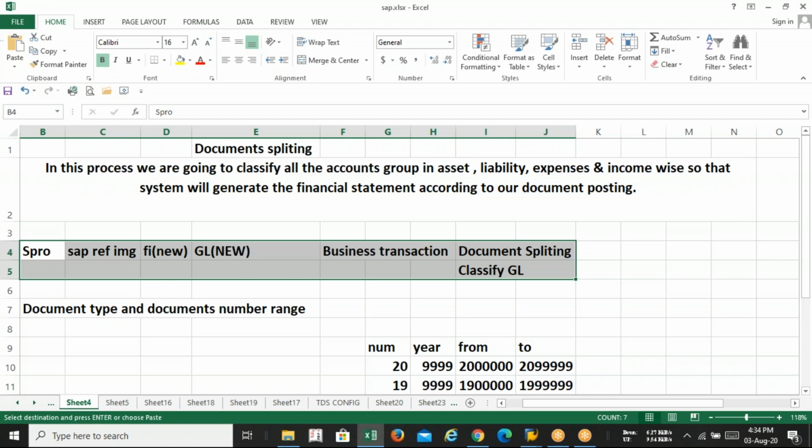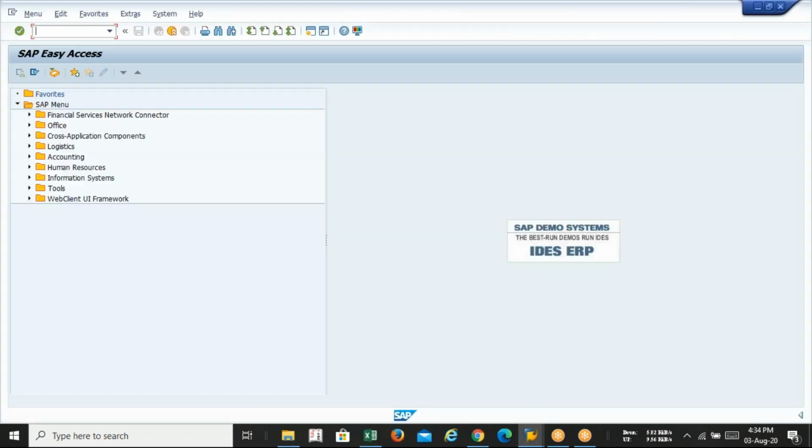We have executed document splitting at the GL level by following the menu path in front of you. After doing all such things, now we can proceed with the payment to the vendor. I can see that there is a vendor called Storm Communication Private Limited in my company code LAVA, and the outstanding balance is 7,10,000. Here I am going to make a payment of 2 lakh to this vendor.